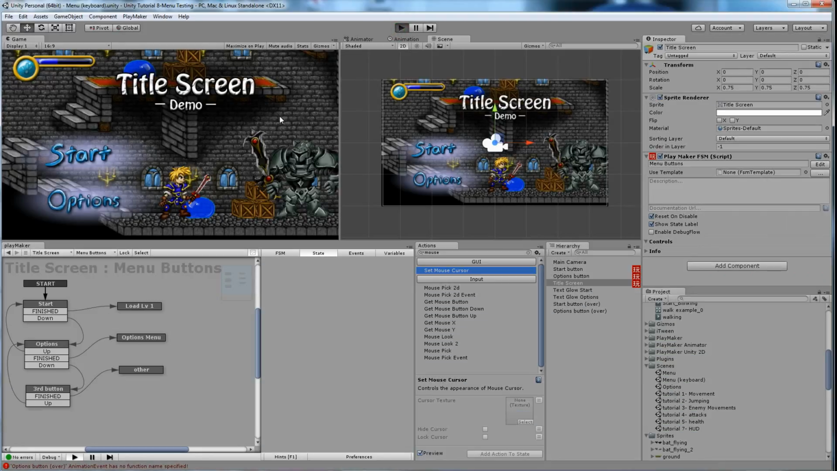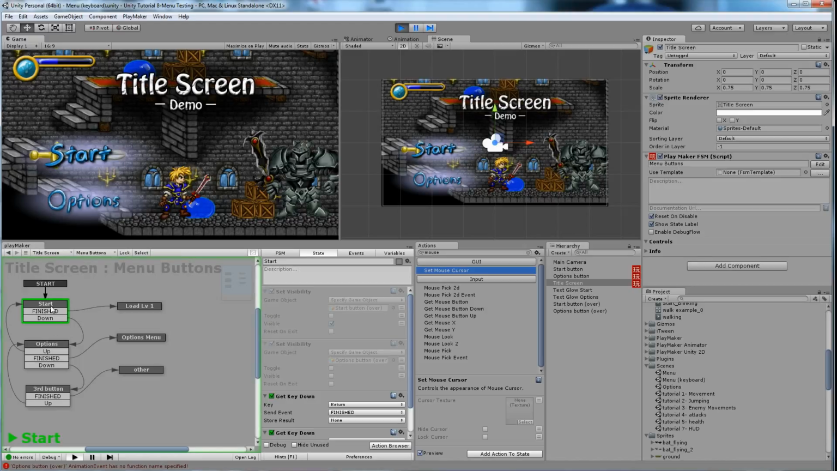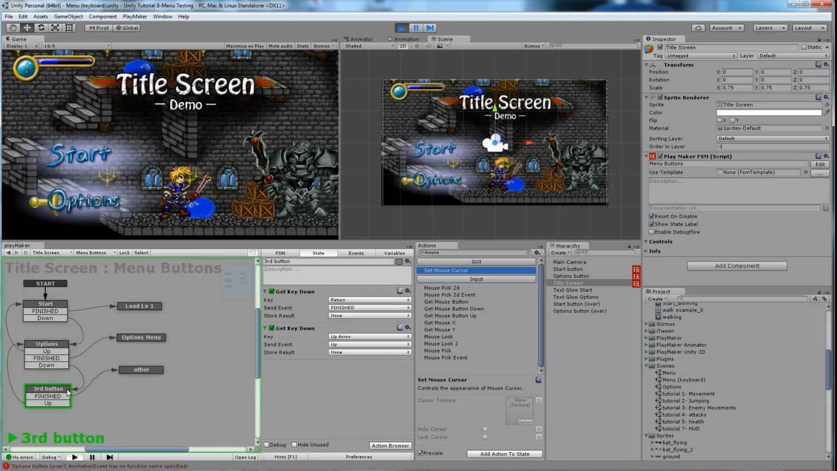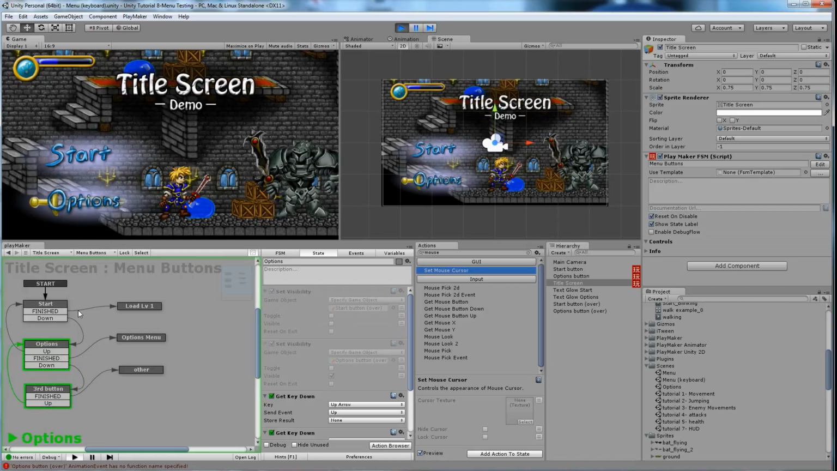So if I press play now, you can see that I'm starting on the green state, and as I use the keyboard, let's say I press down, it goes to the options. If I had a third button, for example, which I don't, you can see that it would transition through all of these. And as I'm going down to number 2, you can see it highlights number 2. So all it's doing is changing sprites, but the code itself isn't on any particular sprite,